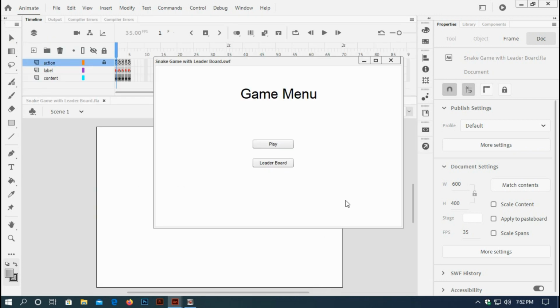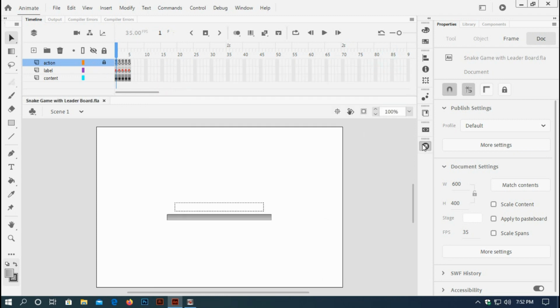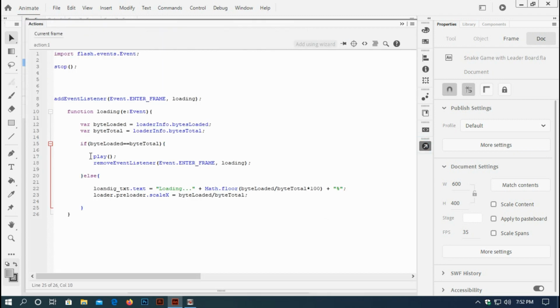Yes, as it is on the game menu, that means this function is working. Okay, so I think you have learned something. This is the very easy way to make a preloader,